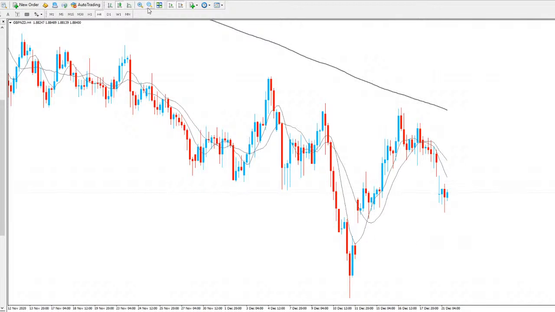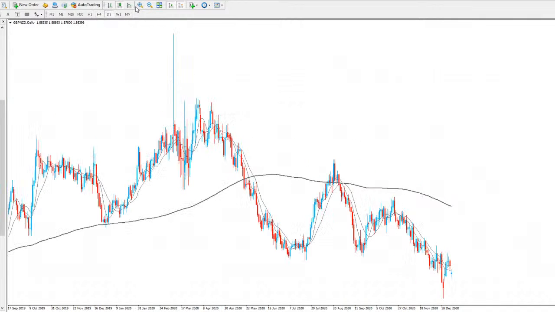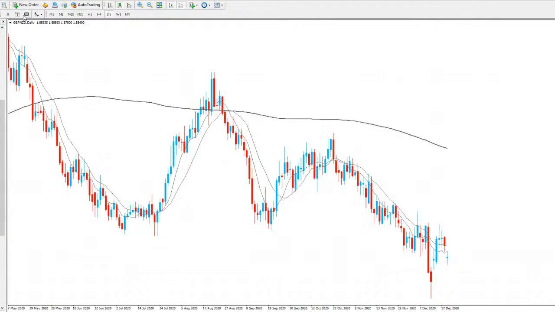Again, we did see price fail to break some highs up here, previous lows actually. As you can see here, really strong support area for GBP NZD. All support along there, now turned resistance. So for us to see a proper reversal for GBP NZD, we need to see a break of this key level there in the market.